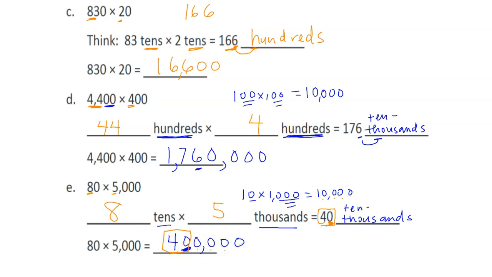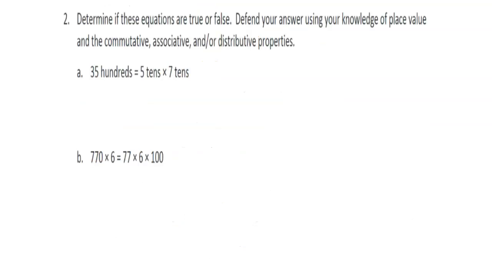All right, let's take a look at the next problem here. Problem 2. Determine if these equations are true or false. Defend your answer using your knowledge of place value and the commutative, associative, and or distributive property. So what we're going to do is simply solve these problems. Let's take a look here at A. A says